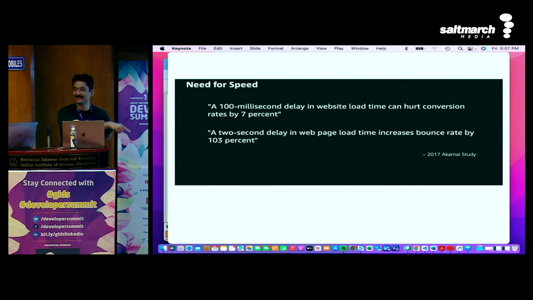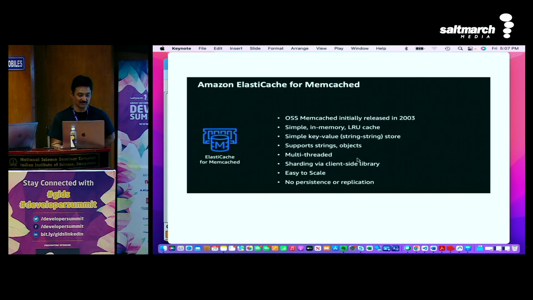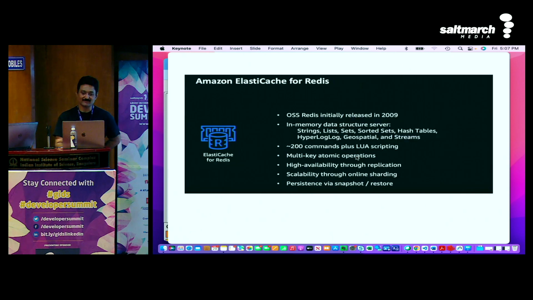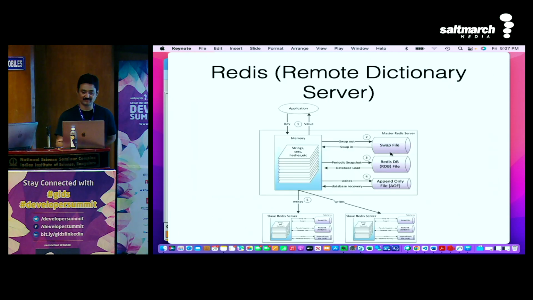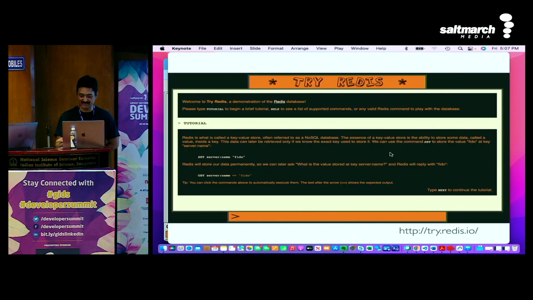For the technology that you're working on, they will say, okay, yeah, this is not from me, this is from Akamai. Akamai is telling the right thing, yeah? So what that means is now you know, comparison-wise, what is the best thing to use. You can use ElastiCache or Memcache for smaller things, but you're going to use Redis for most of the other things. If you have a hash table and other things, you're going to use this one for that purpose. That means any gaming solution you want to create, you can use this.